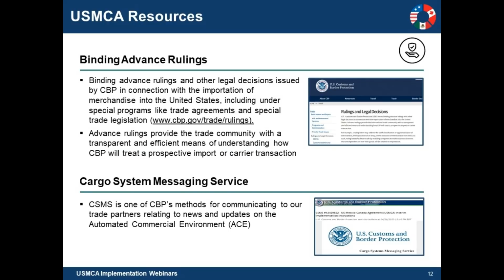And now moving on to additional government resources. First, CBP issues binding advanced rulings and other legal decisions in connection with the importation of merchandise into the United States, including the eligibility of goods under free trade agreements, such as USMCA. Advanced rulings provide the trade community with a transparent and efficient means of understanding how CBP will treat a prospective import or carrier transaction. And more information on the binding rulings program can be found at